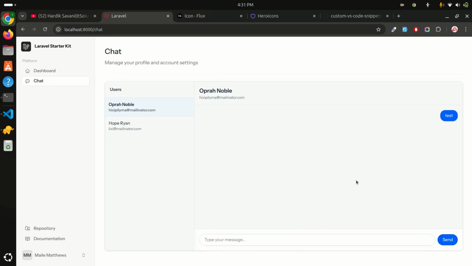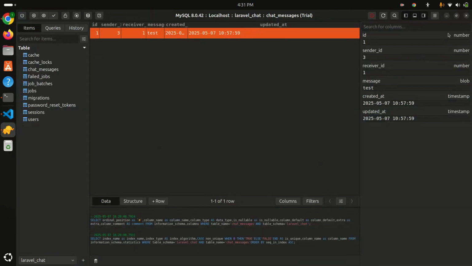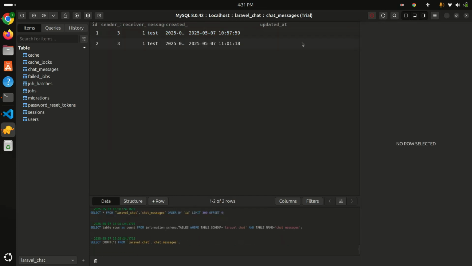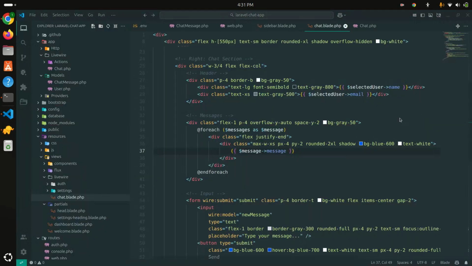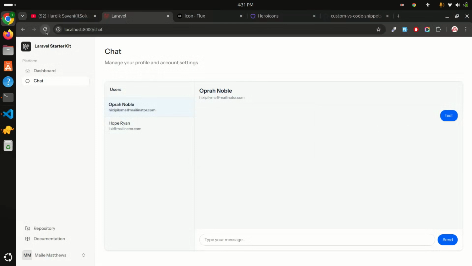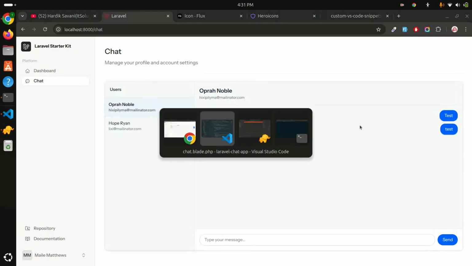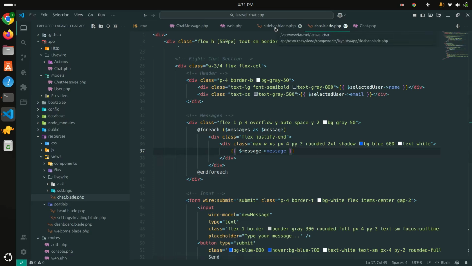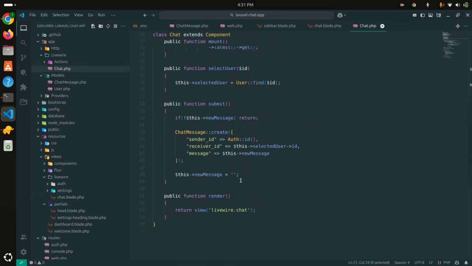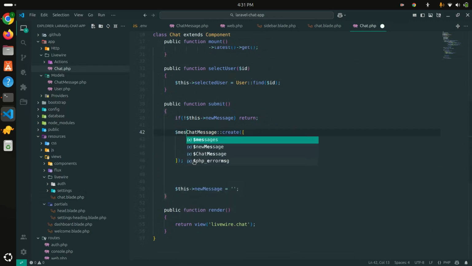Now like test, and hit submit, but it's nothing over here again. Even though it created a new record over here, if I refresh it, you can see that it's created a new record, but it does not come instantly. If I refresh, then it comes. So what I am going to do, after creating the record, I am going to push the object. So I will store this message,